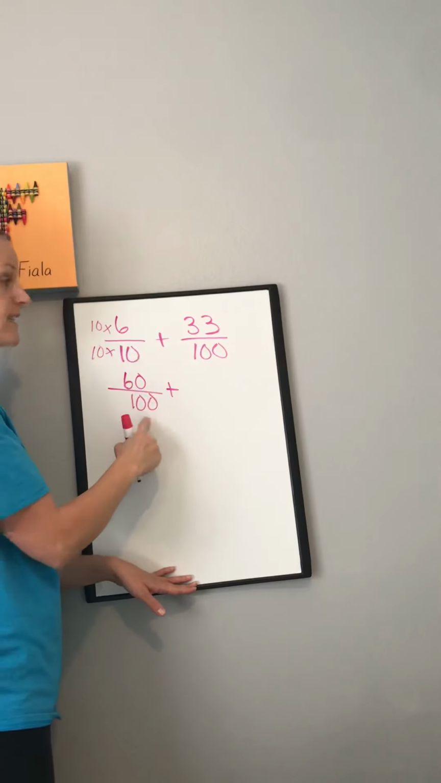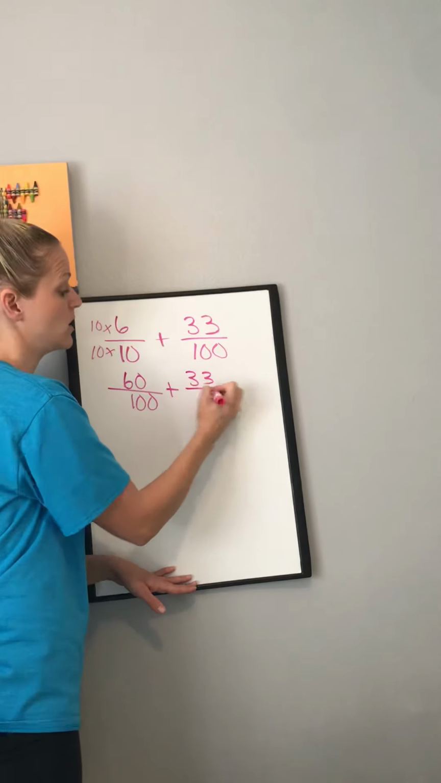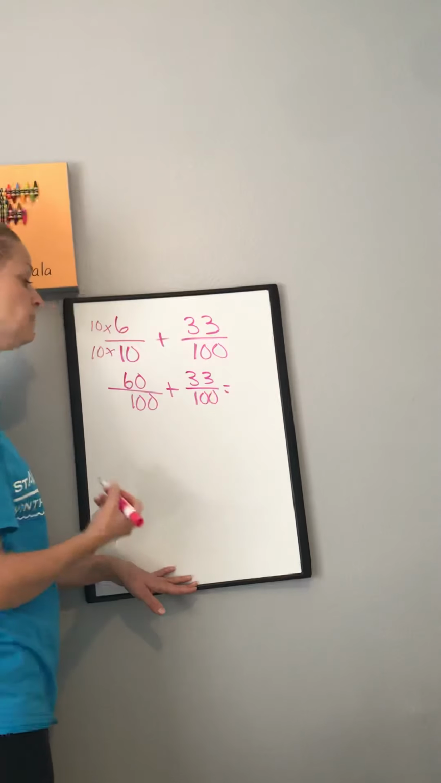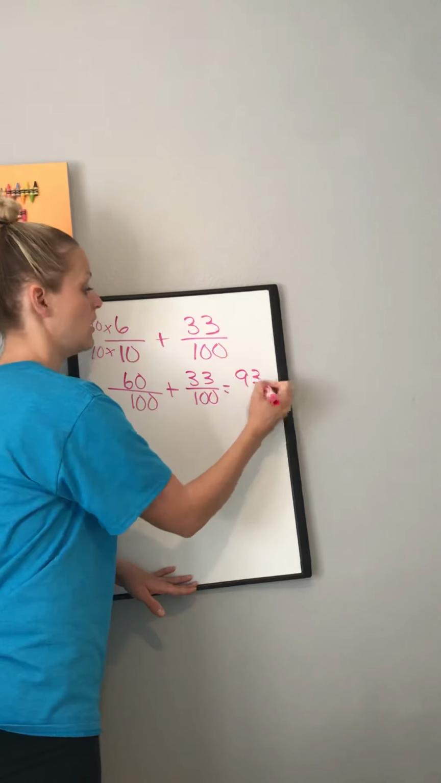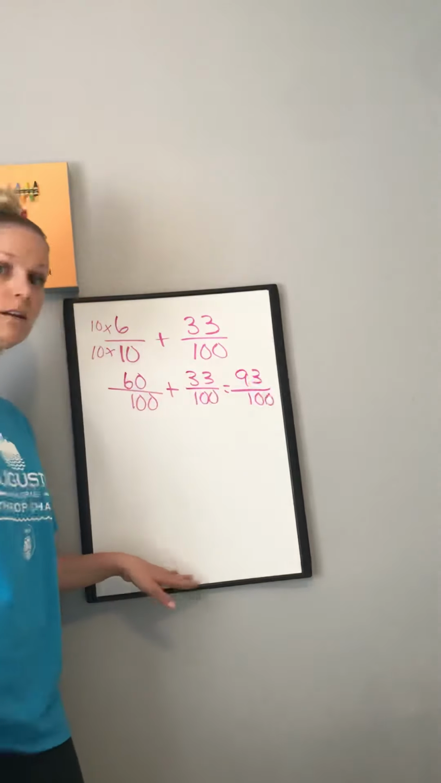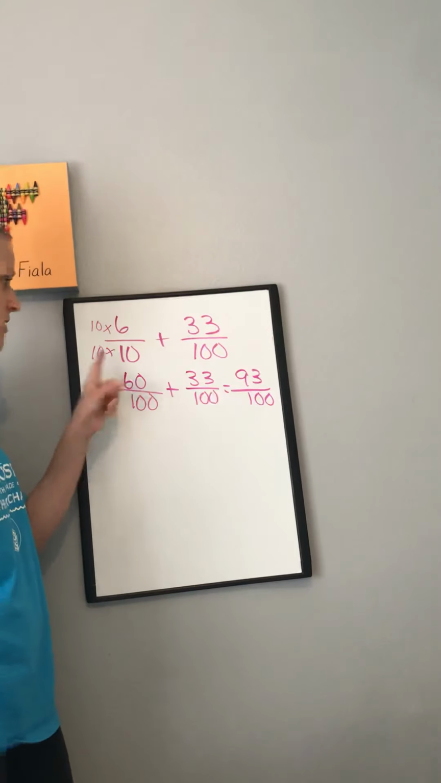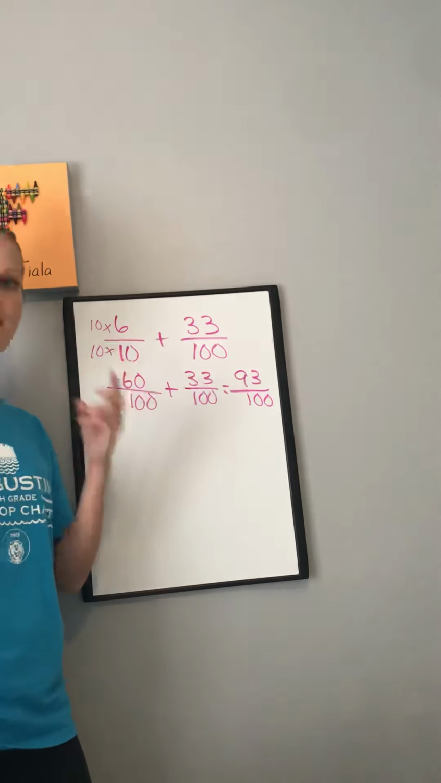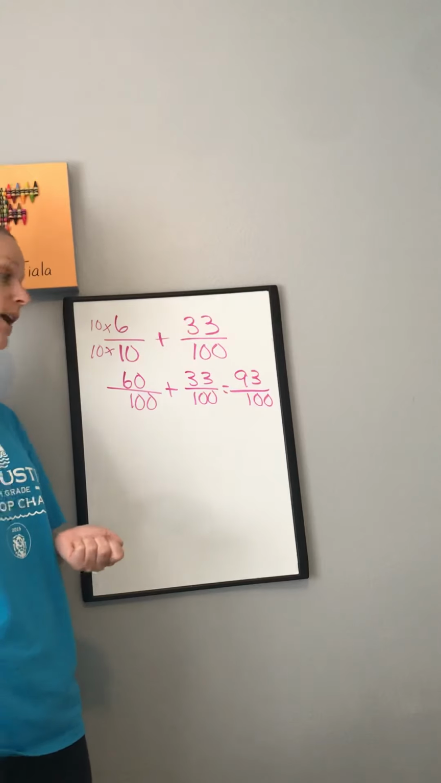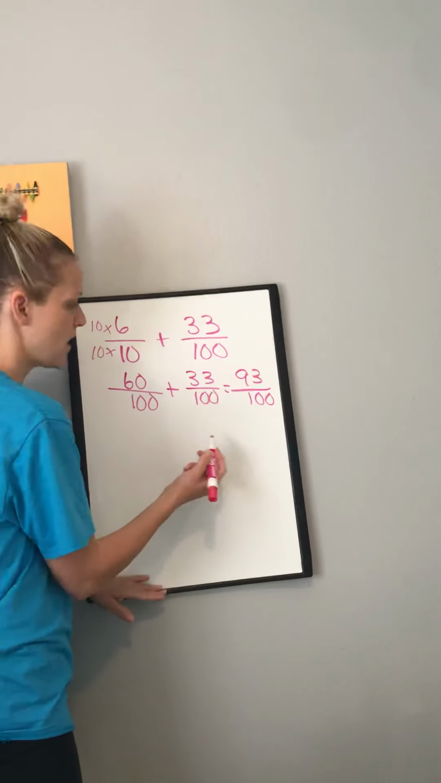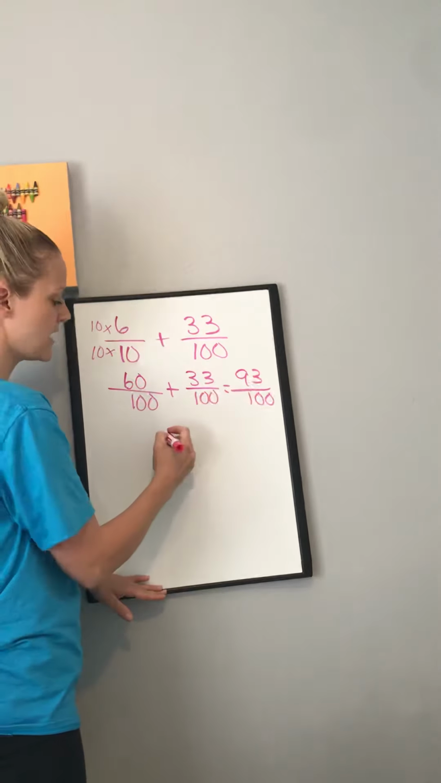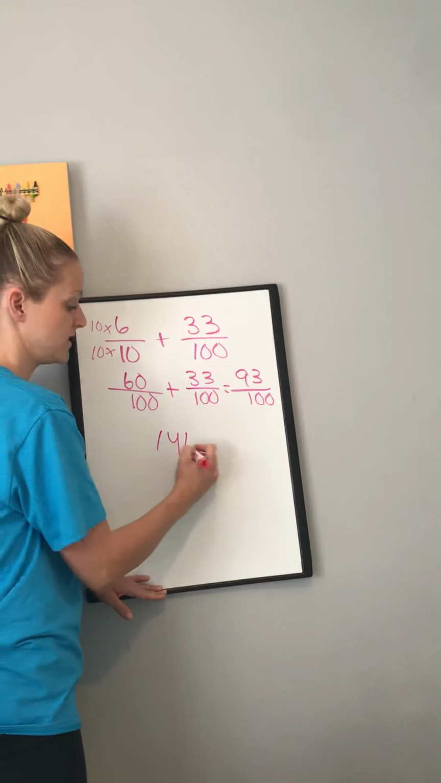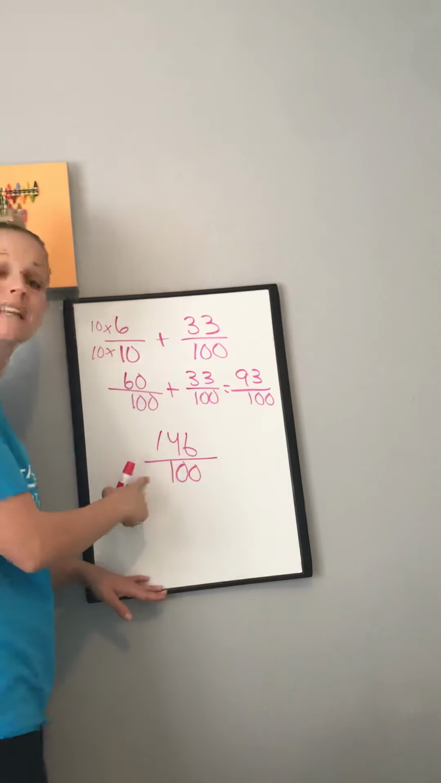Now I'm adding 60 hundredths plus 33 hundredths. And that gives me 93 hundredths. Okay? Remember, when you're adding those fractions with denominators of 10 and 100, you have to make them have the same denominator. Okay? And remember, if you had a larger number on top, like 146 over 100, that's an improper